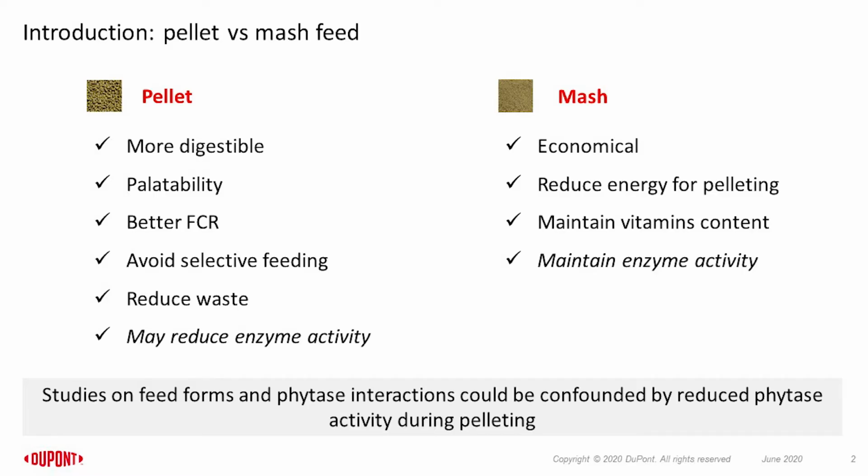Pelleted diet is commonly used in broiler production because it's more digestible, palatable, and gives better FCR, but it may reduce heat-sensitive components such as vitamins and enzyme activity. Some producers prefer mesh feed because it's more economical, reduces the energy cost for pelleting, and maintains vitamin content and enzyme activity. The question is, do we expect a different response in mesh or pelleted form when we apply phytase